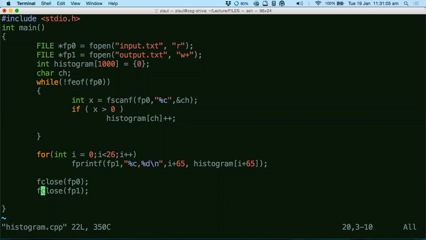Sir, can we change the mode of the file? Yeah, obviously you can change, man. You just have to go and change it here. These 3 modes that I spoke about, right? You just have to change it here. No, sir, I mean after we have declared this within the program.